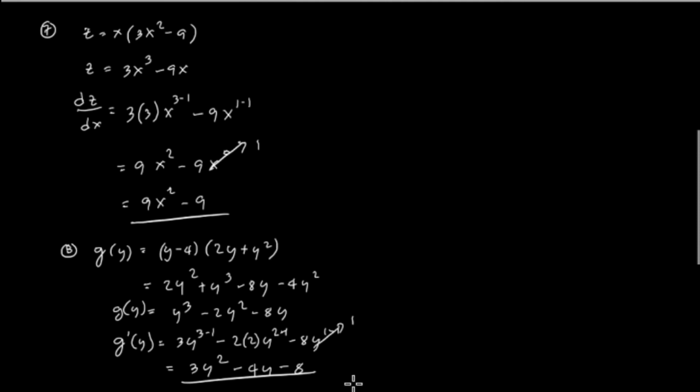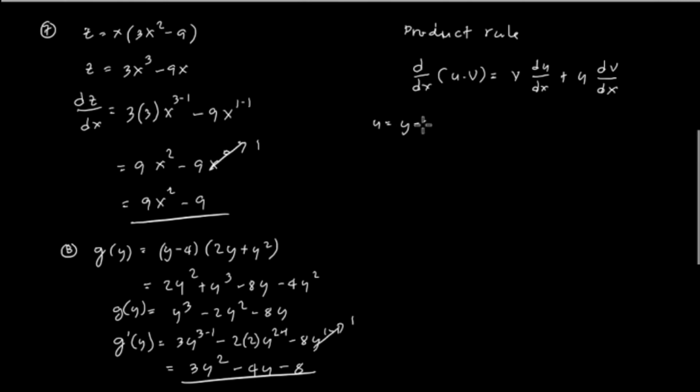We can use the other rule, which is the product rule. So same number but using the product rule. What is the formula for the product rule? The derivative of u times v is equal to v du over dx plus u dv over dx. U is equal to y minus 4. V is equal to 2y plus y squared. Using the formula,